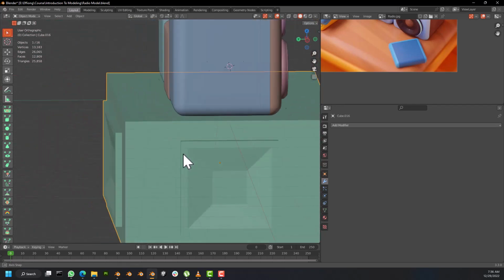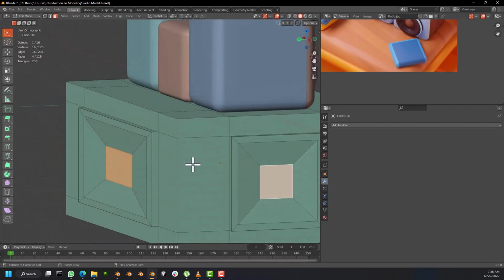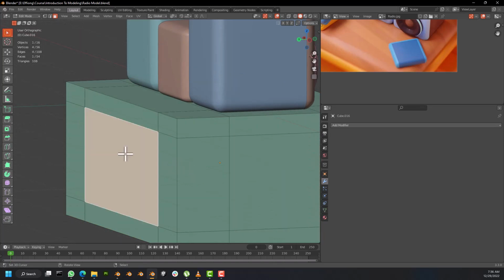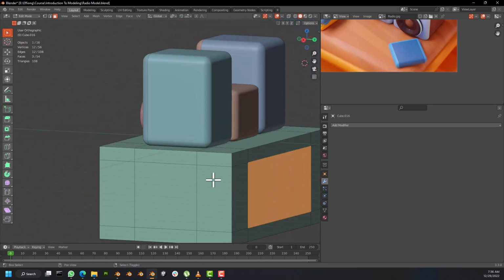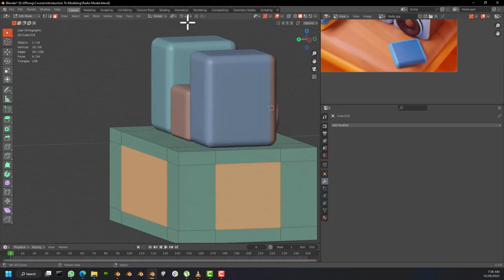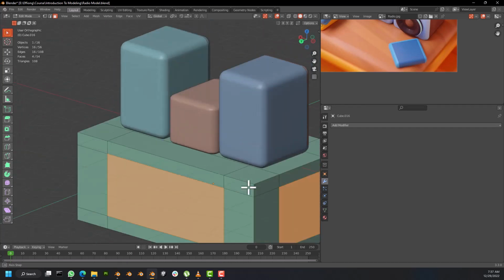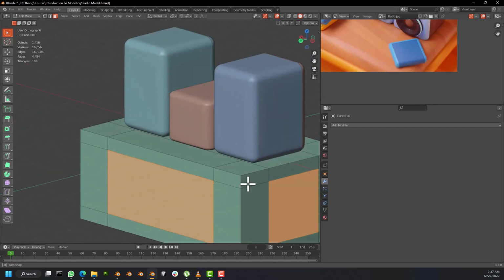All right, so the next thing we are going to do, I don't know if you understood what I did right here, but let me Control Z and let's do it again, just so you understand it. So what I did, I selected each middle face on different sides, right? Make sure you change to individual origin so you can scale. If this is the median point by default and you try to extrude, it will extrude according to where the origin point of this object is. You see, the origin point of this is at the middle, so it's going to transform based on where the